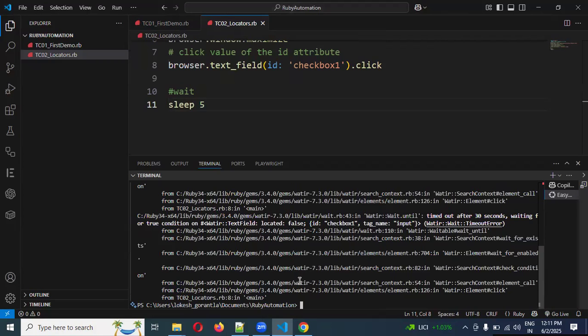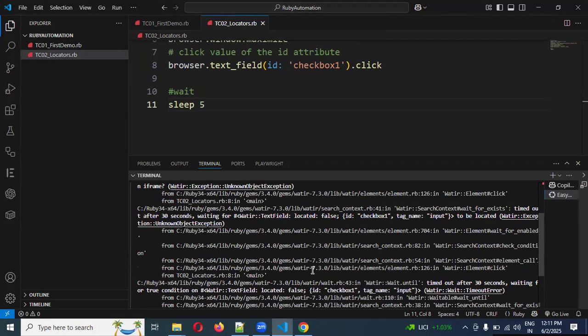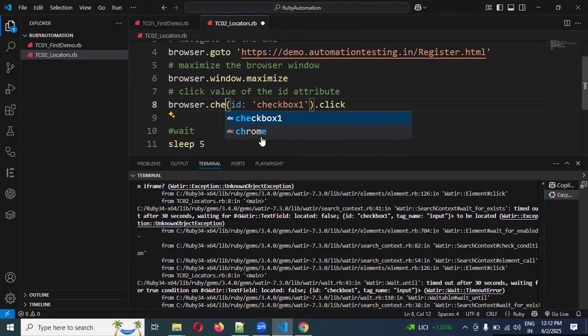Why? Okay, it is searching for the tag as an input. We have specified the tag as input, but okay, we can take one more option like checkbox. Okay, we can specify the checkbox, but